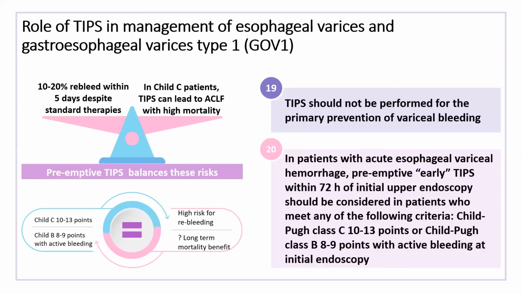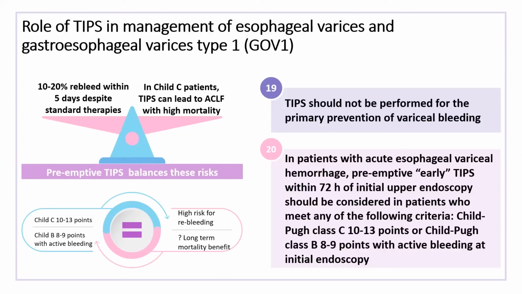And in patients with acute variceal hemorrhage, this preemptive or early TIPS should be considered in patients with Child-Pugh class C, 10 to 13 points, or Child-Pugh B, 8 to 9 points, with active bleeding. There is some debate about the latter, but for now, this is what the studies have used. Most studies have used